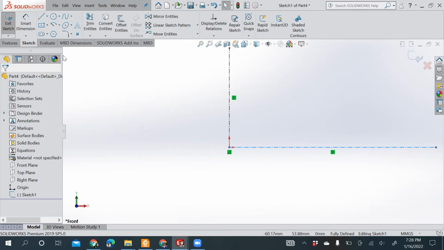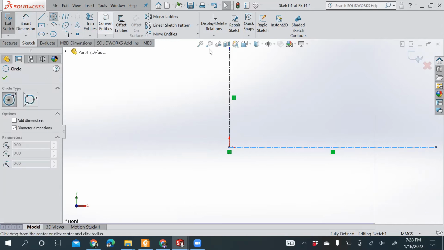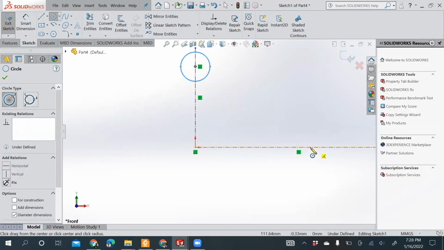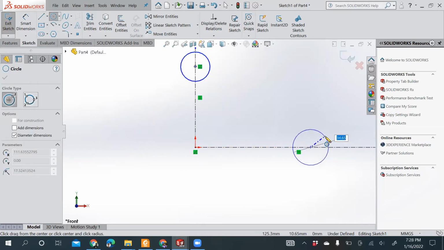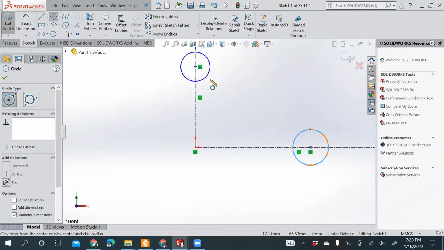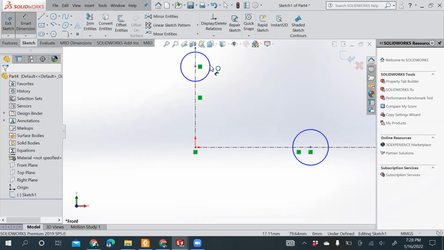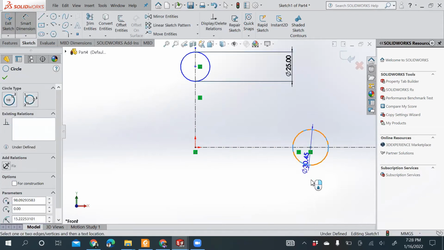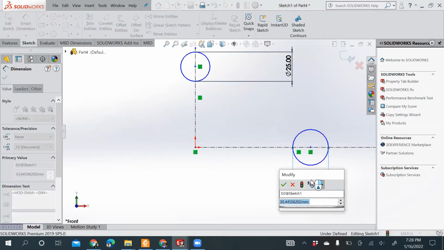Starting off, I'll draw certain circles to have that curved part of the figure. Now I'll dimension this as 25, and dimension this as 25.